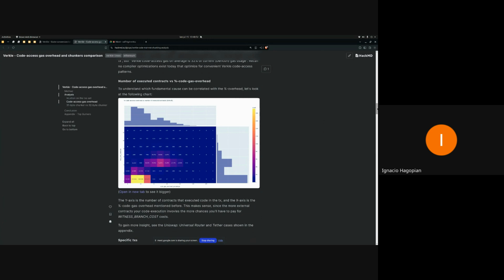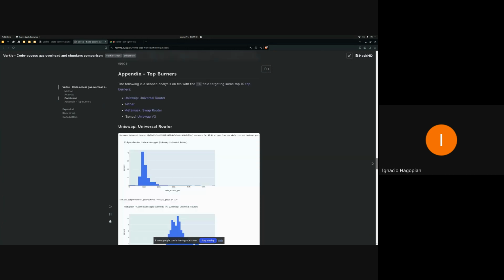so the more contracts you interact with, usually the more overhead you will have. Because calling a contract usually means forcing you to pay at least one call branch access, which is pretty obvious, because for the contract that initiates the transaction, you always have to pay for the contract header, because you will have to touch the nodes, the balance, and everything. But in Uniswap, it's pretty common to call a lot of contracts,